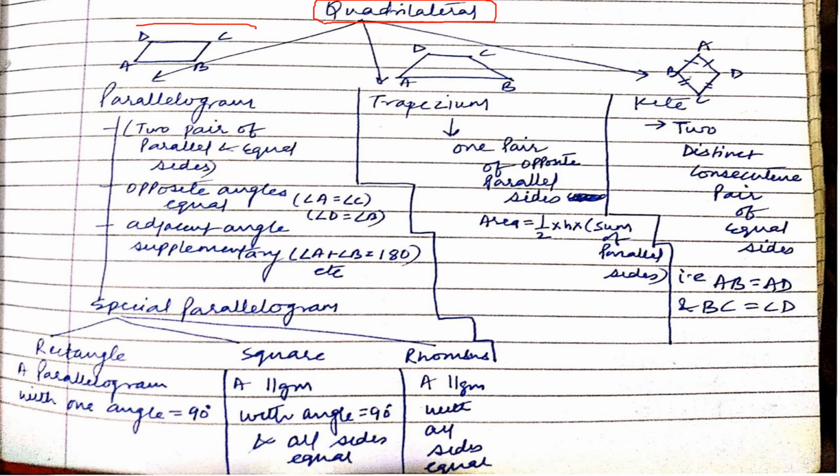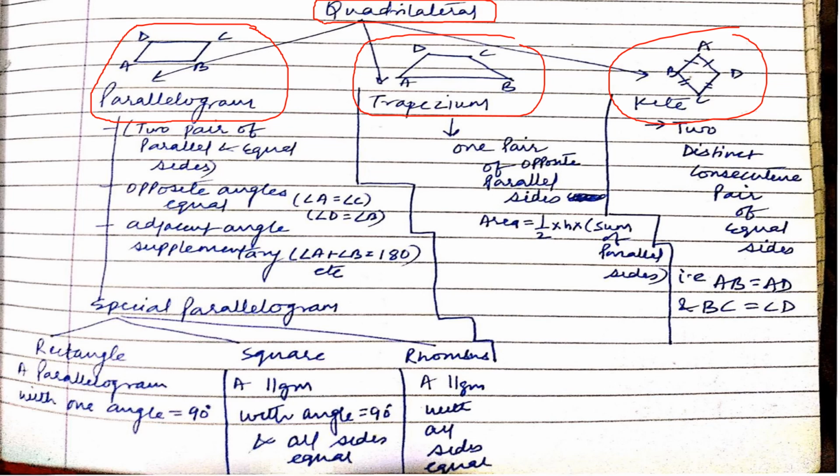First type is parallelogram. You must have heard this name, parallelogram. Second type is trapezium, and third type is kite. People keep on changing these types on their convenience basis. I keep it like this. It is easy for me and for students to understand. Now we will start one by one. First of all, about